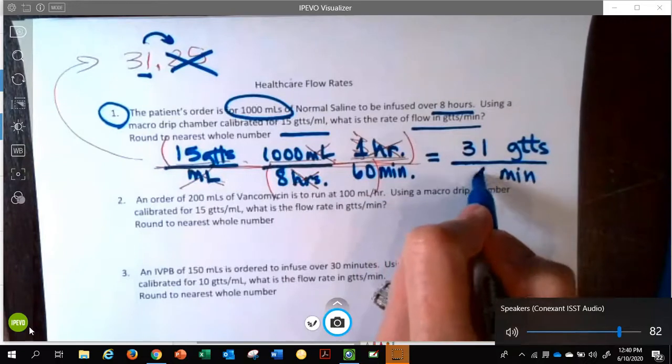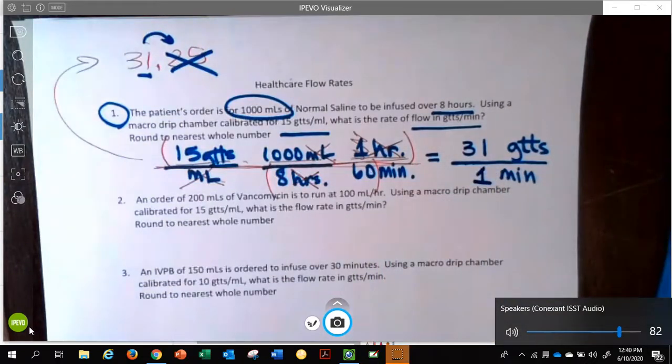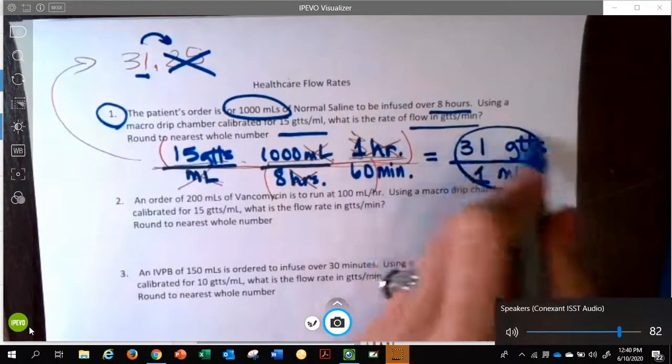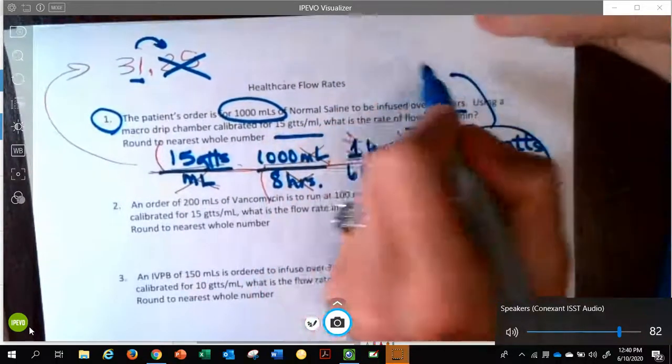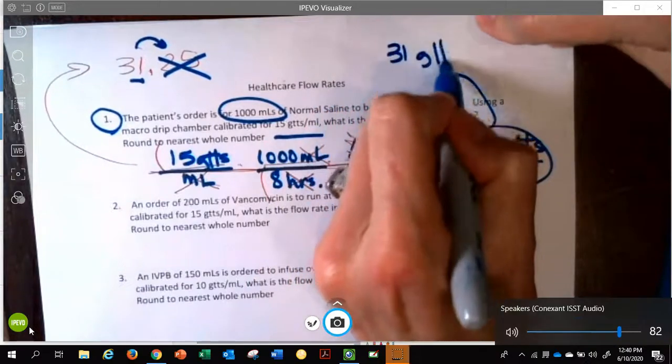and I can leave it like this per minute, or I can be a little bit more specific and say for every 1 minute. So you can leave your answer written like this, or you could call it 31 GTTS